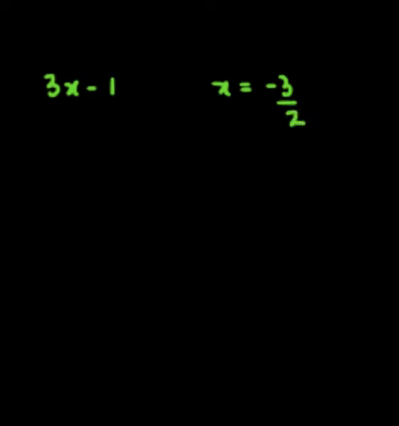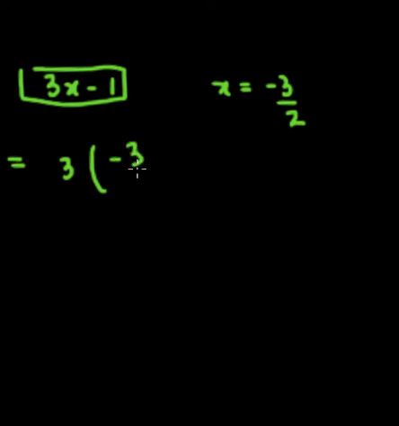In this case, we'd have to substitute the value of x, which is negative 3 over 2, into the function, which is 3x minus 1, and it's a linear function, just a side note. So that would be 3 times negative 3 over 2,